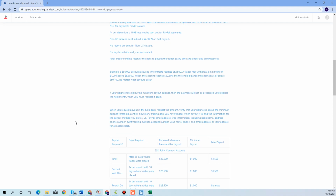So let's talk a little bit about how much you can withdraw ongoing and what type of balances have to be maintained in an account. All right. Again, let's use an example of a $50,000 account. Okay. And on a $50,000 account, we have a $2,500 trailing threshold, right? Well, I explained to you earlier how that trailing threshold works a little differently, to where it'll stop trailing at 50,100. Okay. But as a protection, okay,